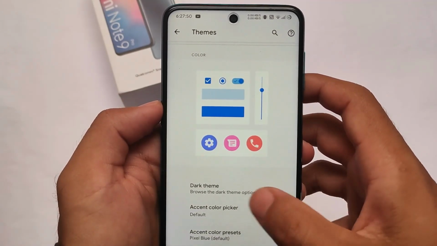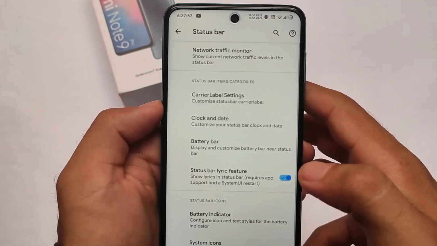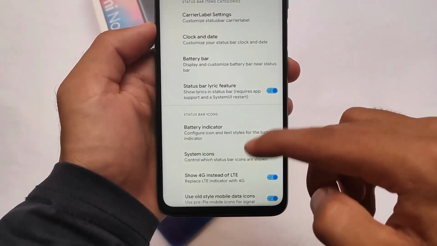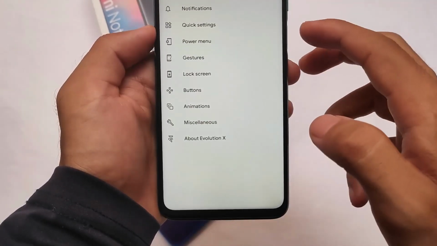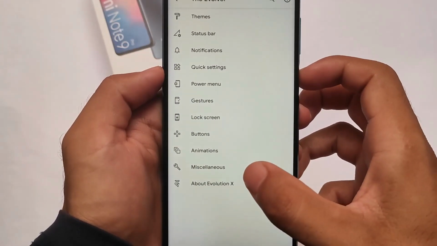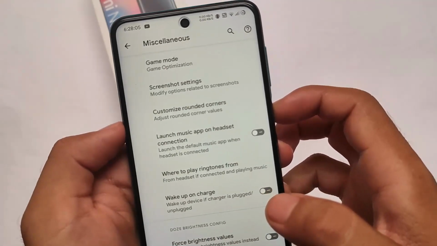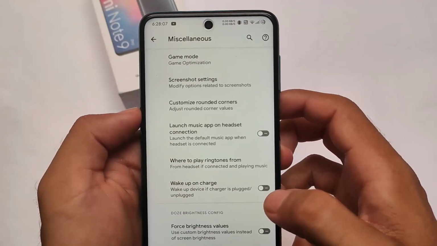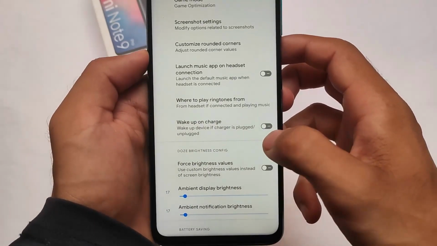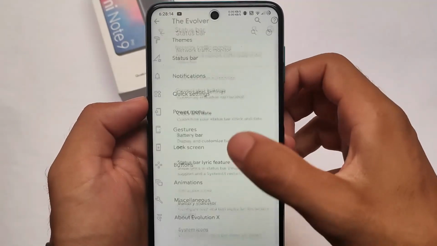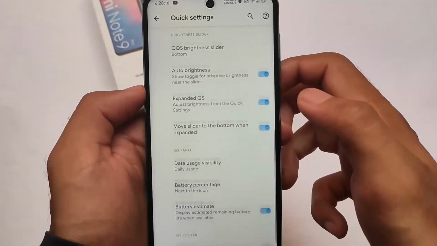In the customization section, most of you already know that Evolution X OS always has better customizations compared to other custom ROMs. Evolution X OS has more customizations and more useful features compared to some ROMs which include some useless features. So yes, these are the things you get here. If you want to install this build on your device, as with other custom ROMs, you simply need to install the zip file, format data, reboot, and you're good to go. And if you don't want to install this, simply skip this.